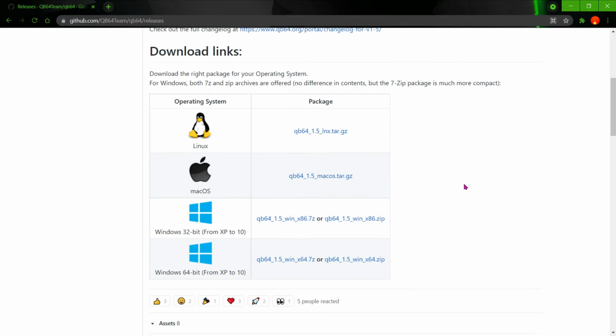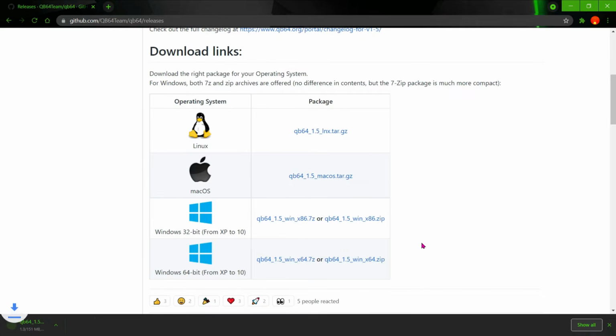And if you are a Windows user, then there are two versions. First is 32-bit and second is 64-bit. You should use Windows 64 and click on the zip file. The moment you click, it will start downloading. This is almost a 151 MB file.